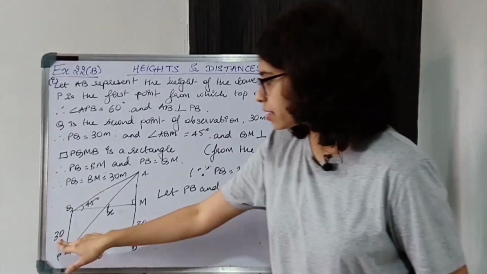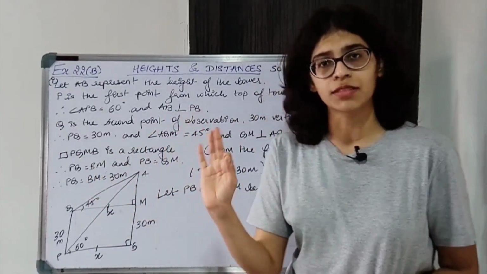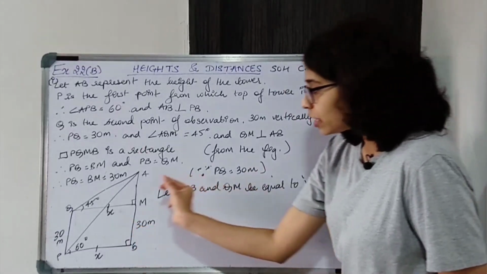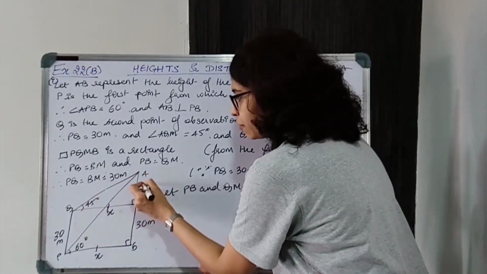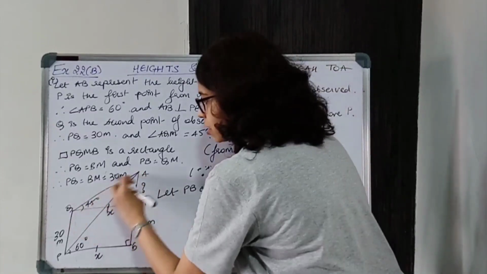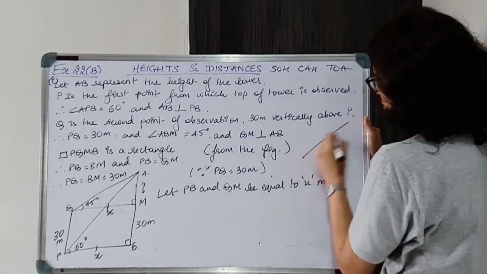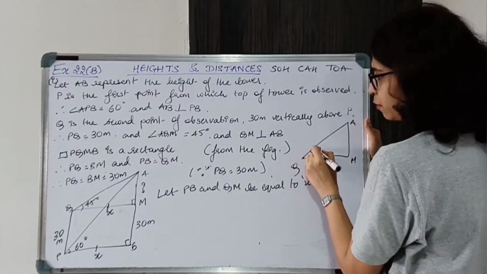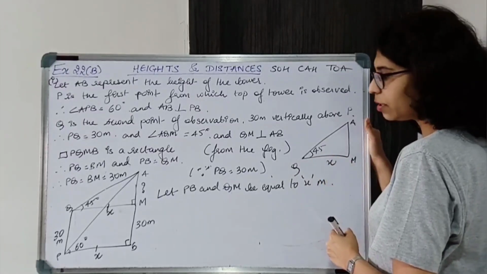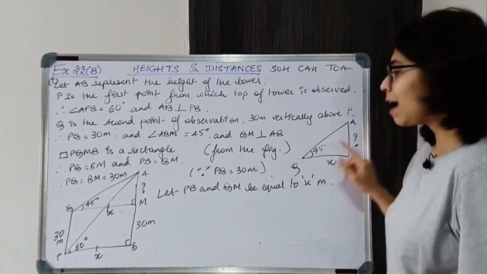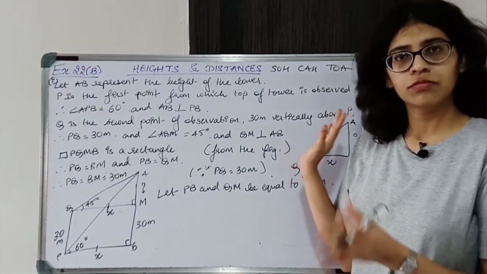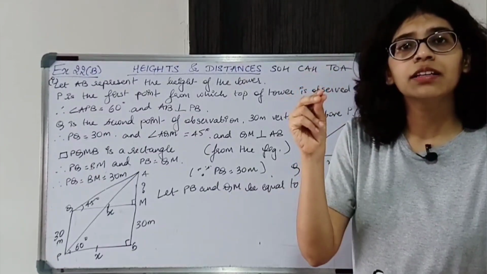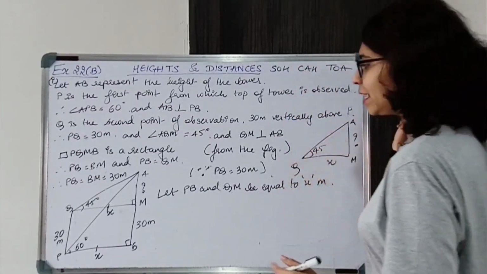Meters में consider करेंगे. This is given in meters, so all the lengths will be in meters. ठीक है. Now PB and QM. Now for that we are going to consider this triangle. पहले AM पे focus करना है. So for AM we are going to consider this right angle triangle AMQ. This is 45 degrees. This is x. Okay, and this is what we have to find. Angle का opposite find करना है, adjacent के साथ relate करना है. Opposite और adjacent का relation you get from tan. tan of the angle is equal to opposite upon adjacent. So we'll take tan 45.